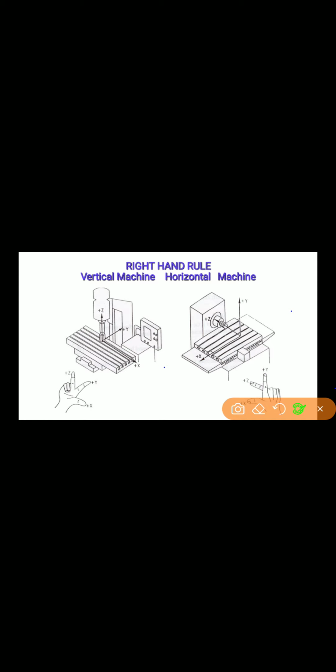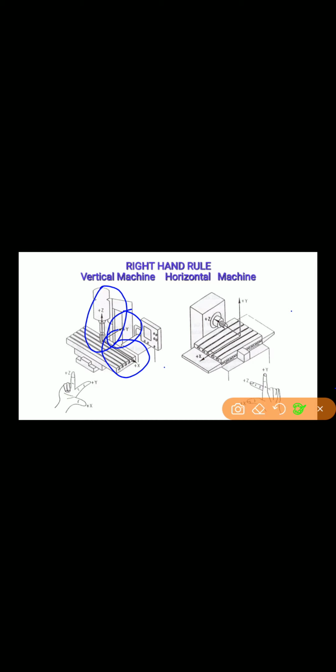So the X axis, the Y axis and the Z axis, these are the three fingers, in a similar style. You can see the X axis is parallel to this, this is the Y axis, and this is the Z axis. All those three axes follow the right hand rule, so the direction will be as indicated by the fingers.